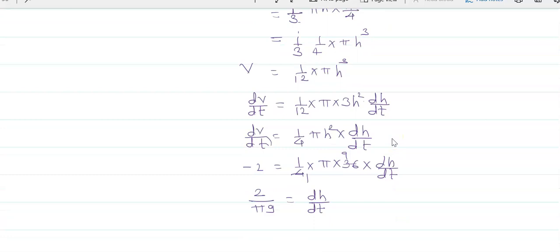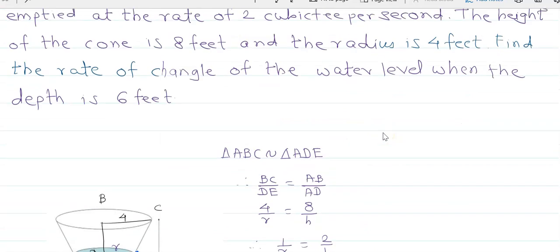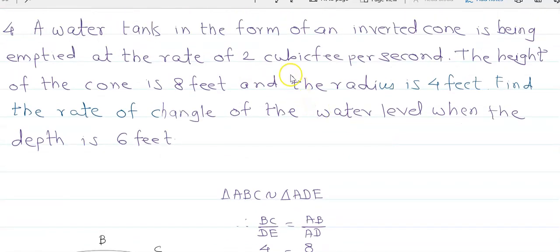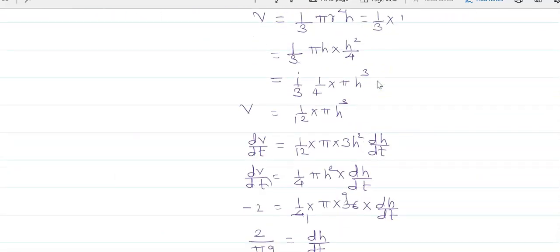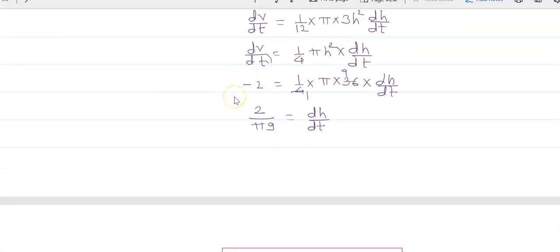Therefore, the water is emptied at the rate of, as we have given, 2 cubic feet per second. That's why we are substituting it equal to 2. Therefore, if we simplify it, then we'll get dh upon dt. Therefore, the height is reducing at the rate of, if we substitute dV upon dt, that is 2,